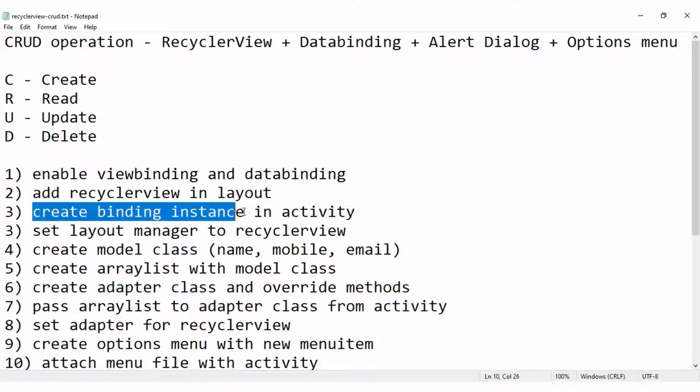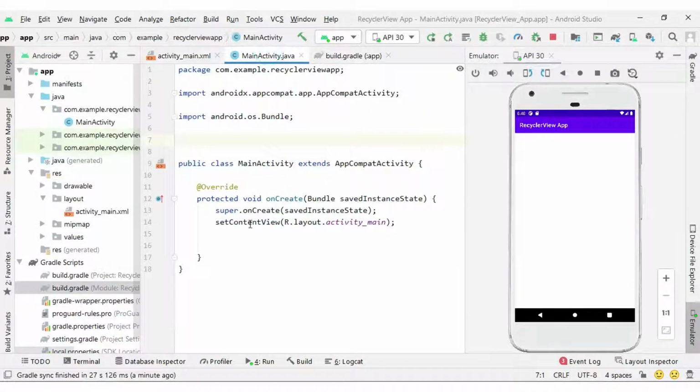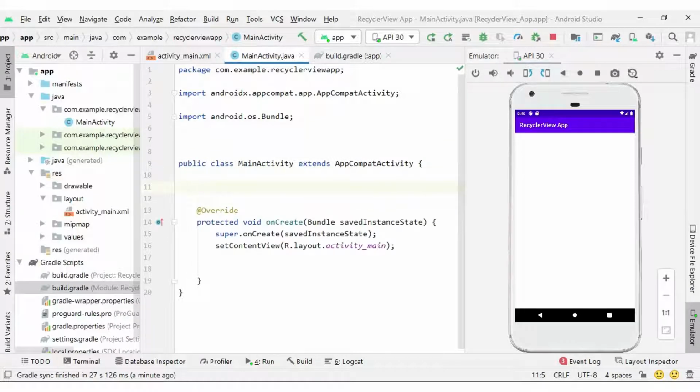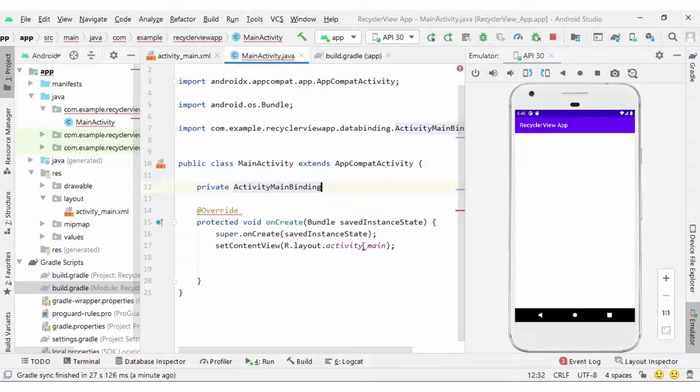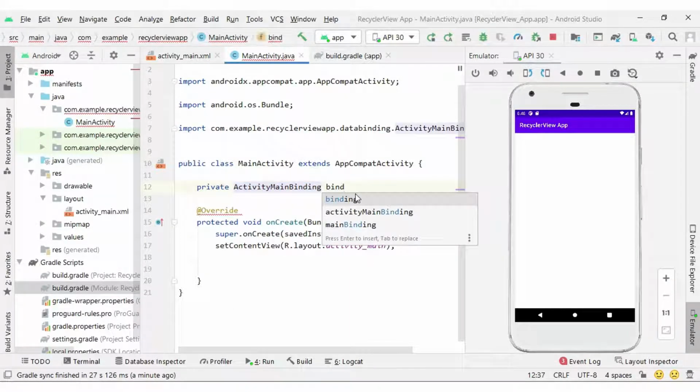Third step, create a binding instance inside the activity. Inside our main activity I am going to create a binding object. If you are not familiar with view binding, I suggest you view my view binding video as well. I am going to create private ActivityMainBinding binding. According to the layout file you will get the class with the Binding suffix.